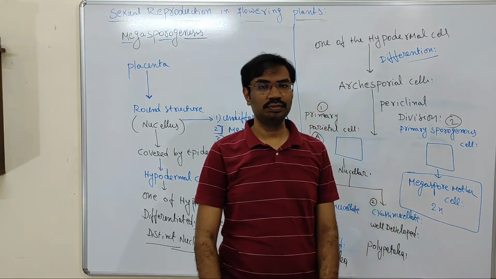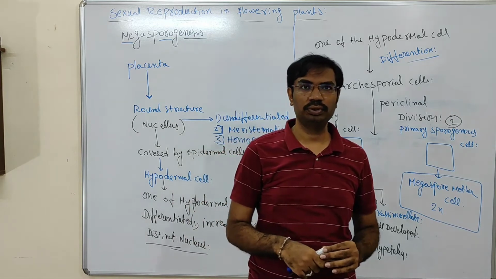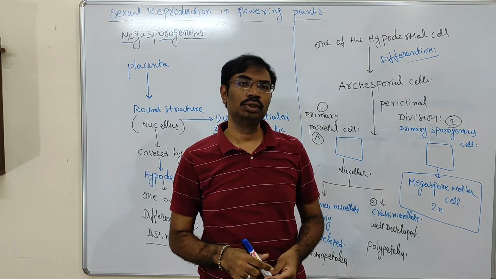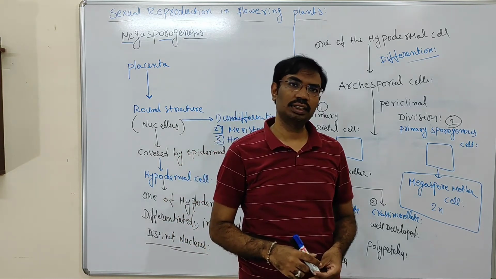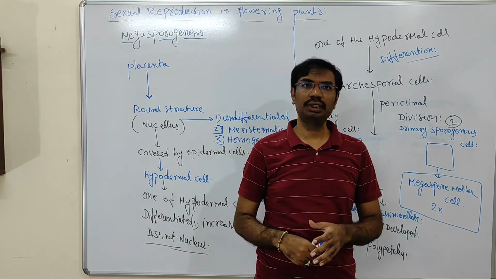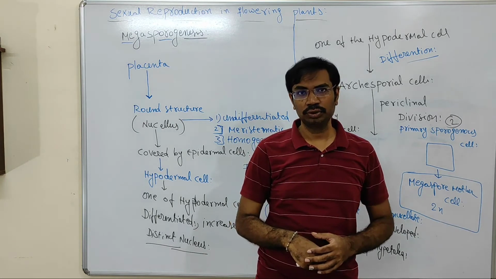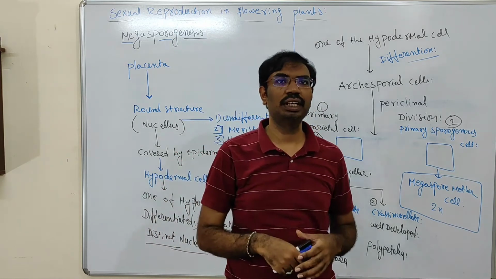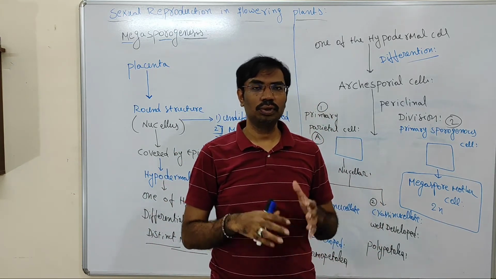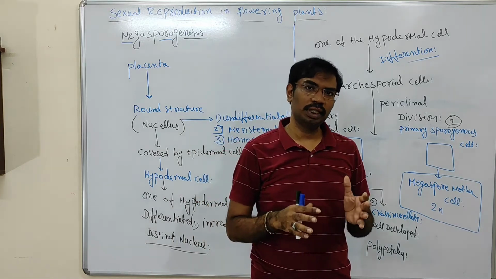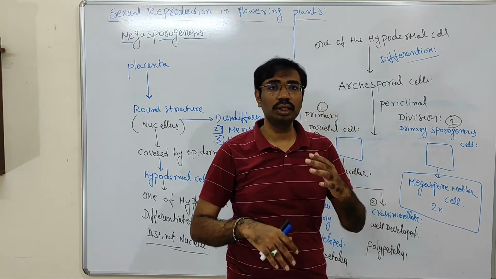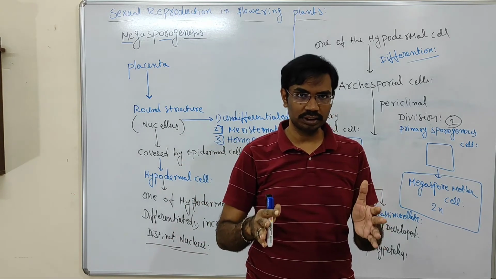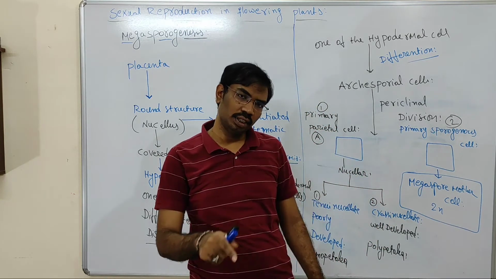In the last class I discussed the types of ovules. A total of 6 types of ovules I discussed in the last videos. In today's class I am going to discuss the next topic, that is megasporogenesis. When you study NCERT, your mind will create some questions. Okay, megasporogenesis is because of the megaspore mother cell, but how is the megaspore mother cell created? The formation of the megaspore mother cell, that I am going to discuss in this video.